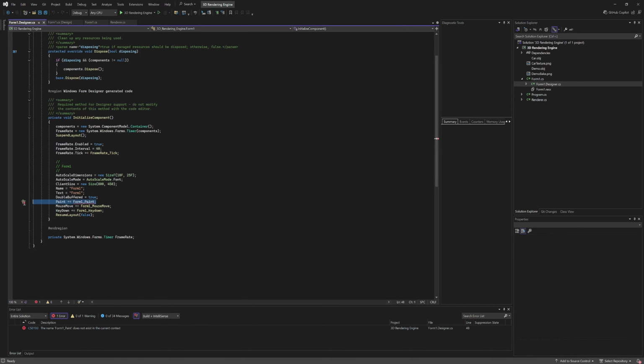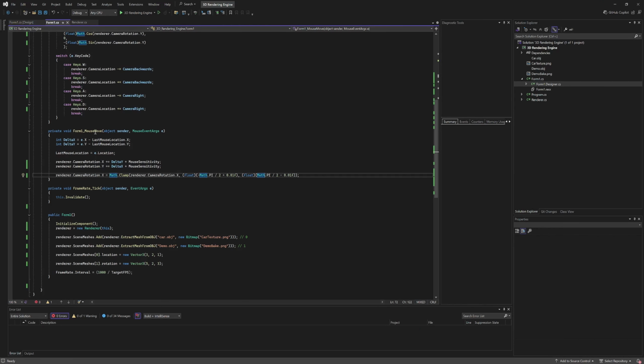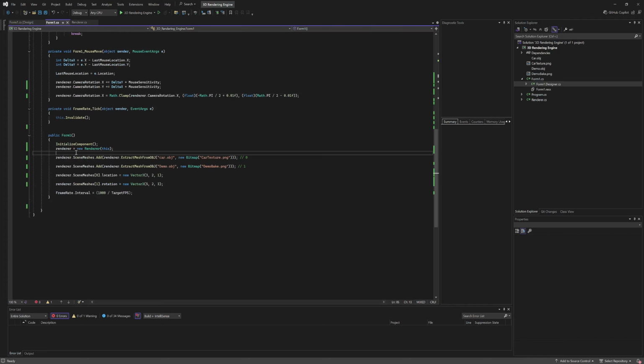Now you can delete this, because we're going to add this event manually. Inside of here, we're going to write this dot paint plus equals renderer dot